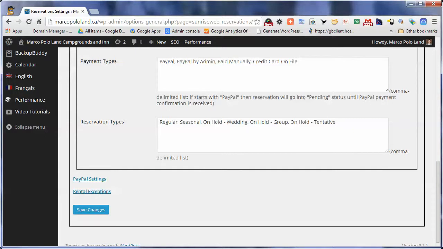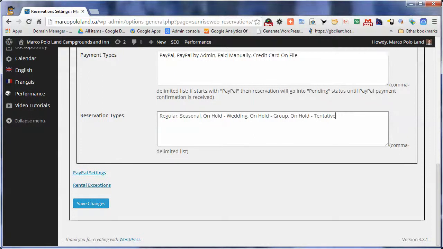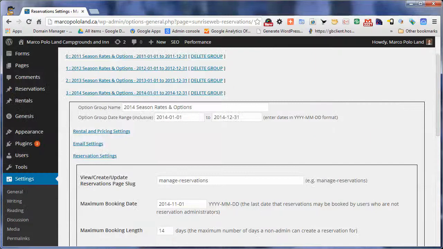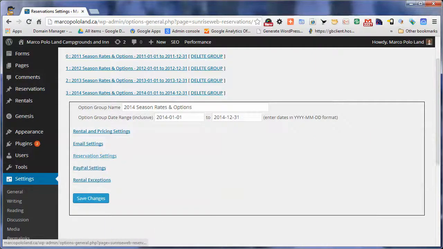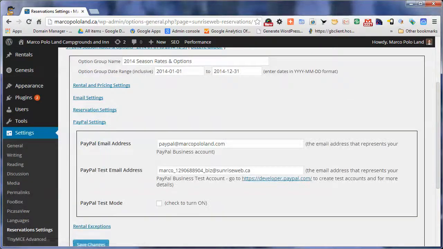Reservation types. There's regular, seasonal. You can do an on-hold wedding, on-hold group, and on-hold tentative. Again, there's only a subset of these that are available to a guest. In fact, I believe the guest can only do regular, but an admin has access to all of them when they're creating a reservation. So I'm going to close reservation settings, and then we're going to look at the PayPal